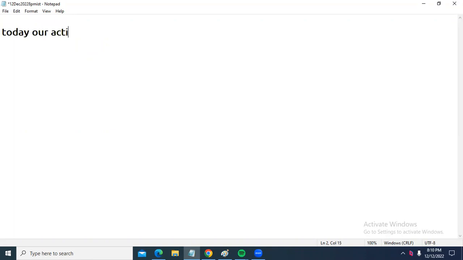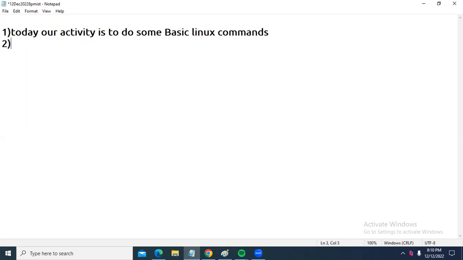our activity is to do some basic Linux commands. Okay, this is our first task. This is our task number 1. So second task is in Linux VM. Okay, we will see